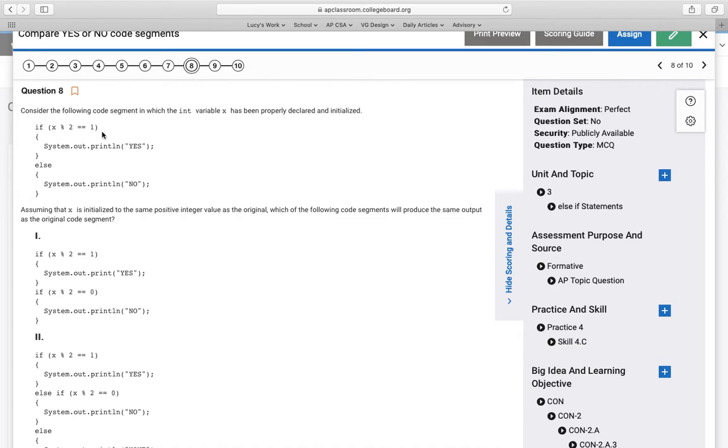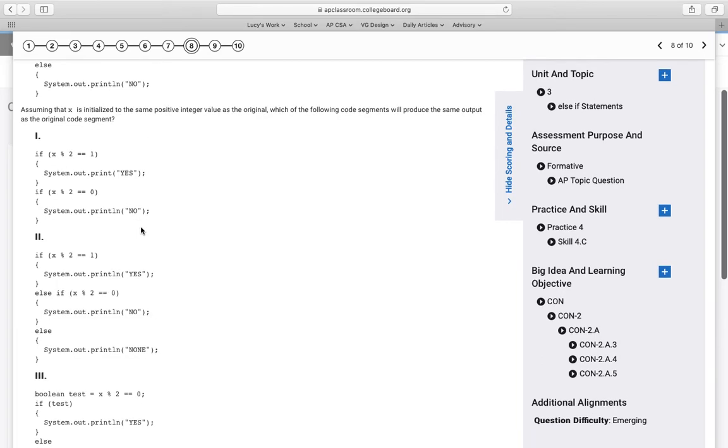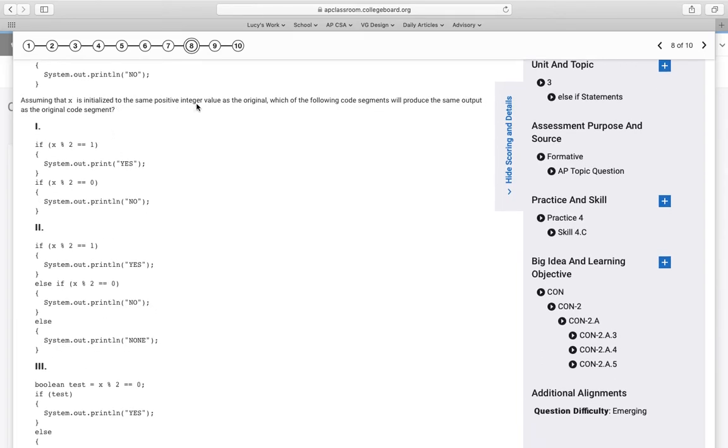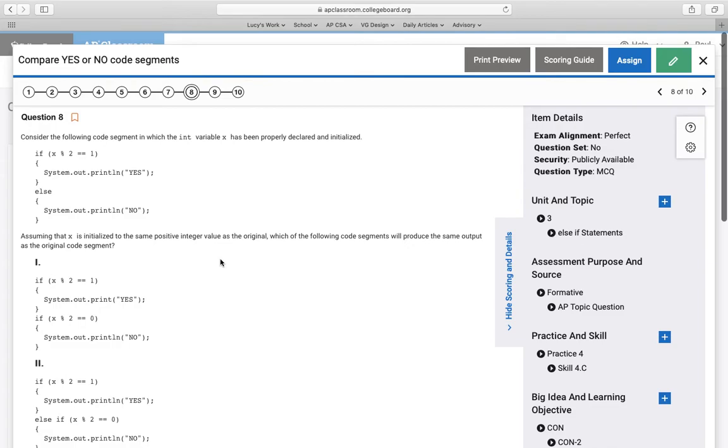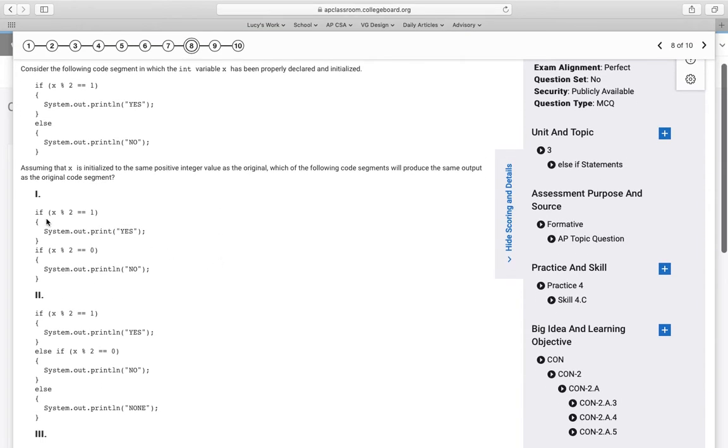So the first thing you've got to do is understand what this code does. If it's an odd number, it prints yes. If it's an even number, it prints no. All right, so assume that x is initialized to positive integer values, and we want to know which of these will give us the same output as the original code. So number one,